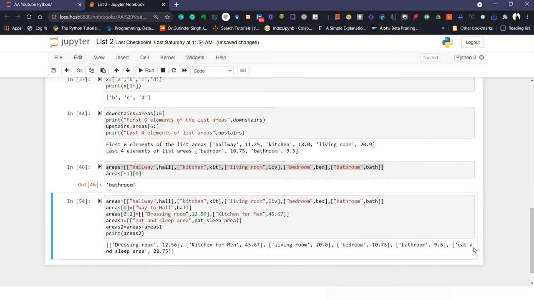Now you can see it very clearly that eat and sleep area and 28.575, this value is now in a sublist. Earlier it wasn't in a sublist. Now it is in a separate sublist within the list areas too. Alright, this is how we can add